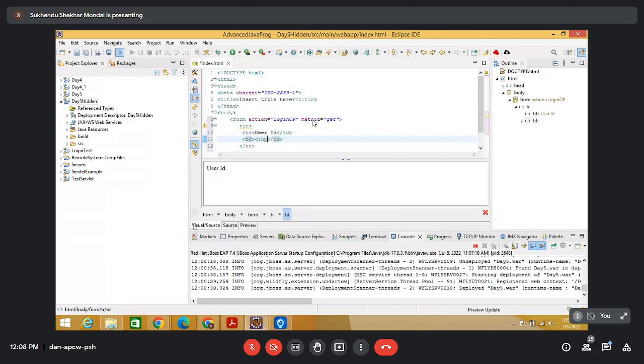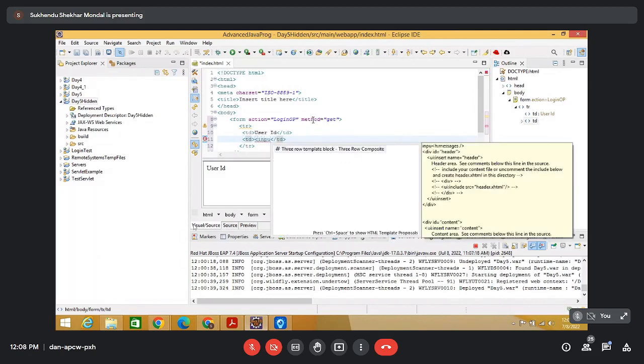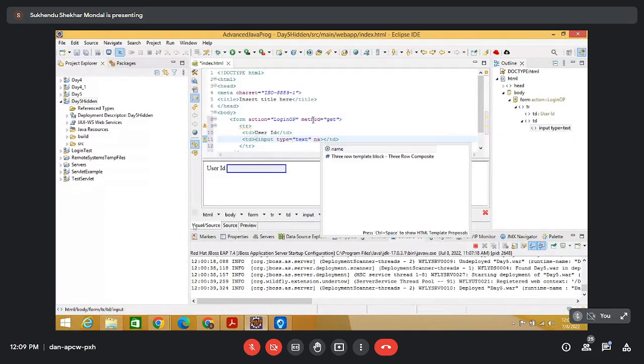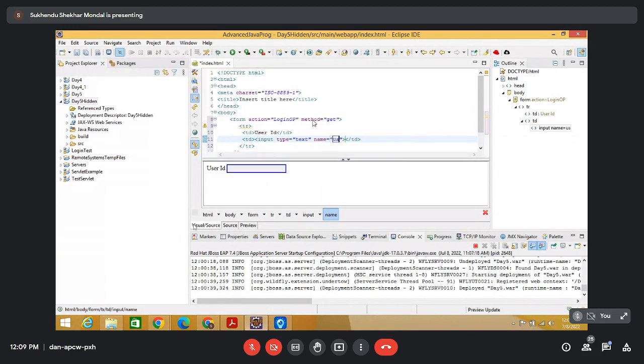This is input type text, name equals to uid,